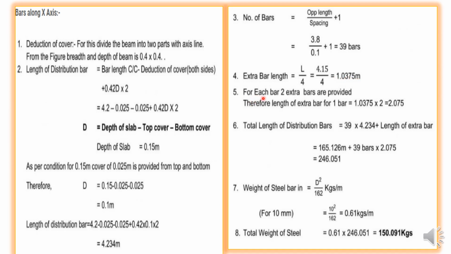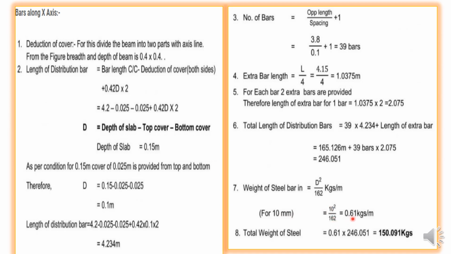Extra bar length L by 4, that is 4.15 divided by 4, is equal to 1.0375 meter. For each bar, 2 extra bars are provided. Therefore, the length of the extra bar for 1 bar is equal to 1.0375 into 2, which is 2.075. Total length of the distribution bars is 39 into 4.234, that is 165.126, plus 39 bars of 2.075, which is equal to